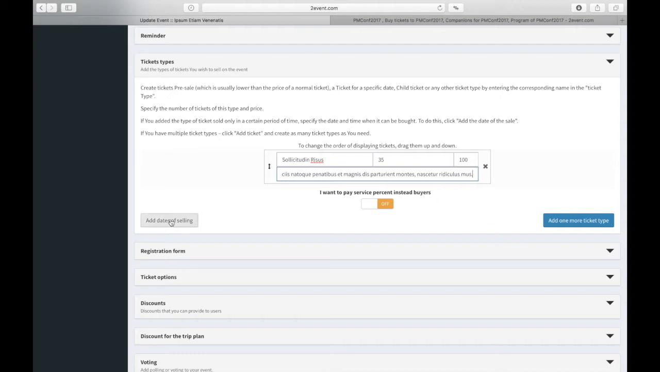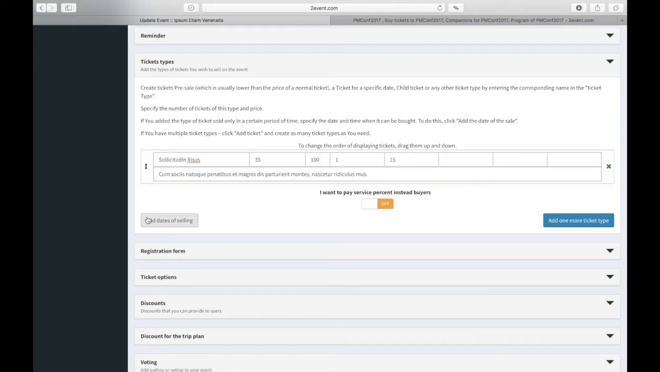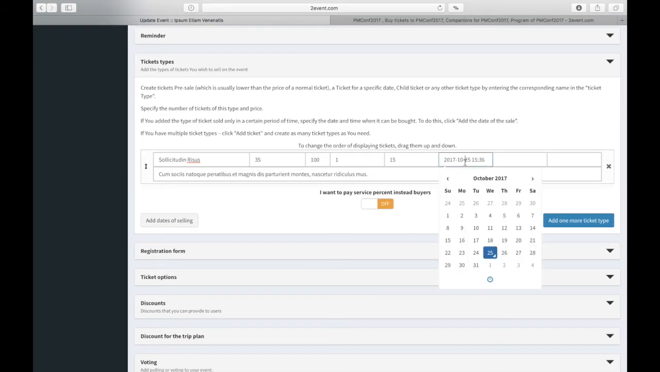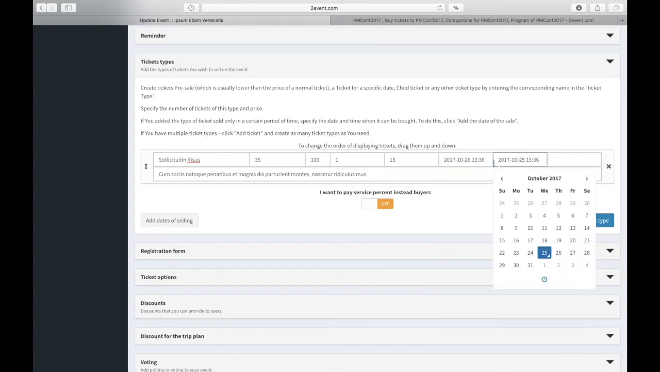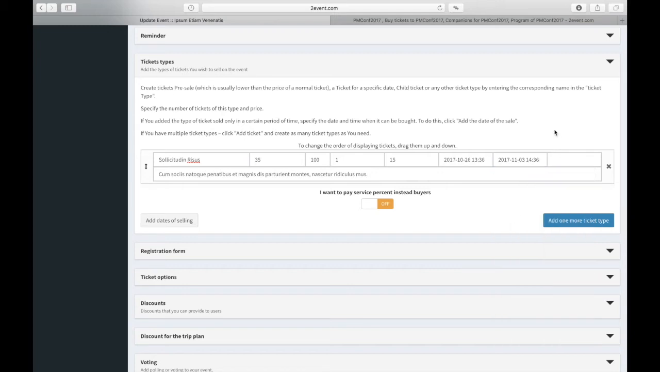As well, you can add dates of selling here, so you can choose from which day and from which hour tickets start to sale, and till what date it will be available. It's useful if you have